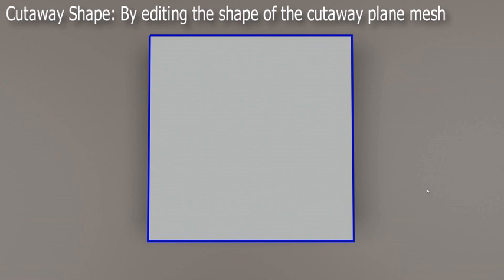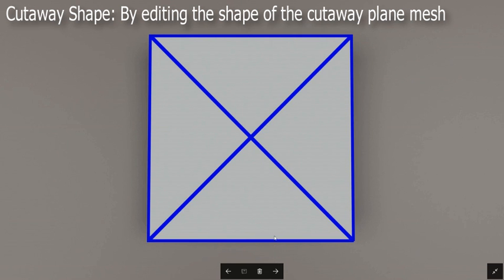In the earliest versions of the CutAway shader, if this was the CutAway plane, the shader decided if a pixel should be transparent or not just by checking if the pixel was inside the CutAway plane's box, inside the width or the height, and if it was, it could make the pixel transparent. But to allow jagged edges to be drawn, the algorithm was updated, so instead of just checking were you inside a square, what it does is the CutAway shader checks if the pixel to be shaded is inside each of